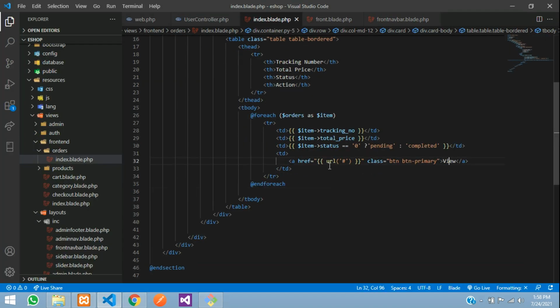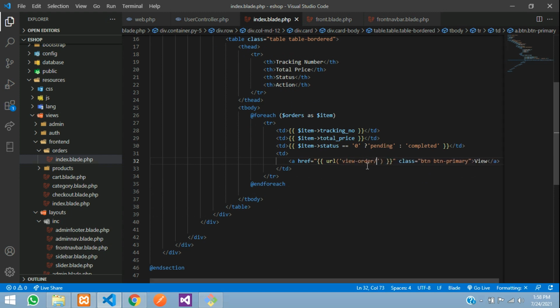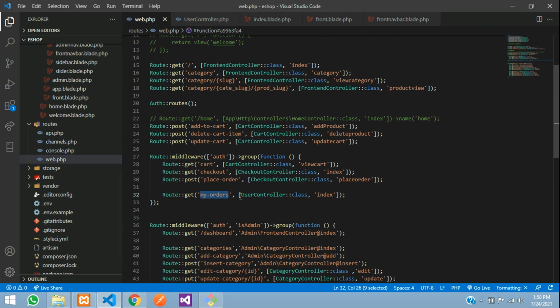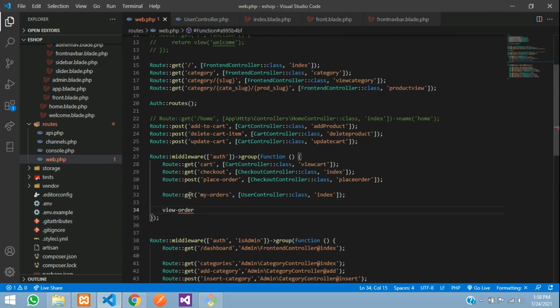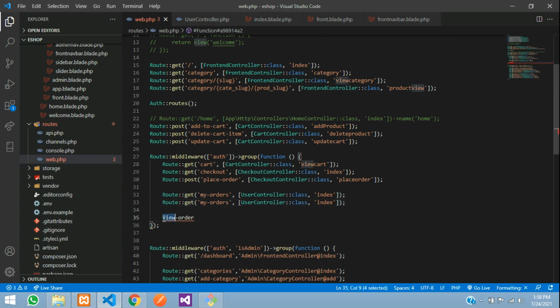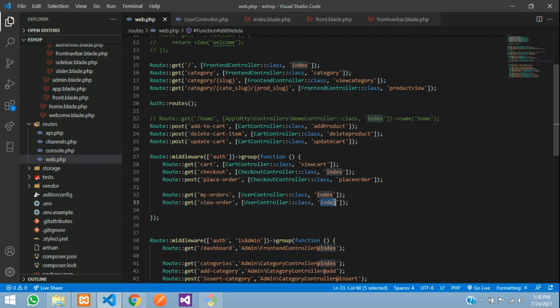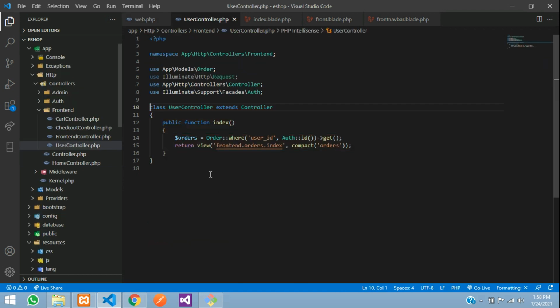Now let us make this view thing over here. So say view order slash the ID along with this $item of ID. Copy this URL and go to your web.php, paste. So just copy and paste the same thing and change the URL. So here view, and go to your controller,